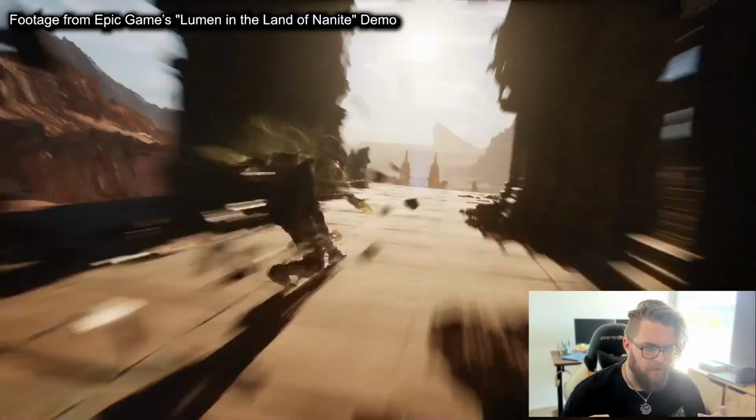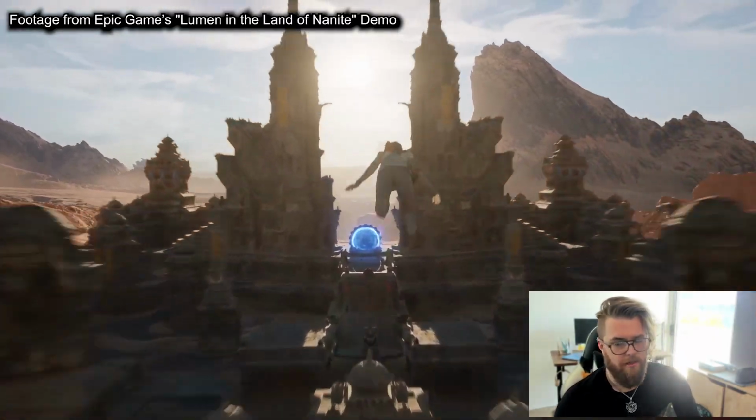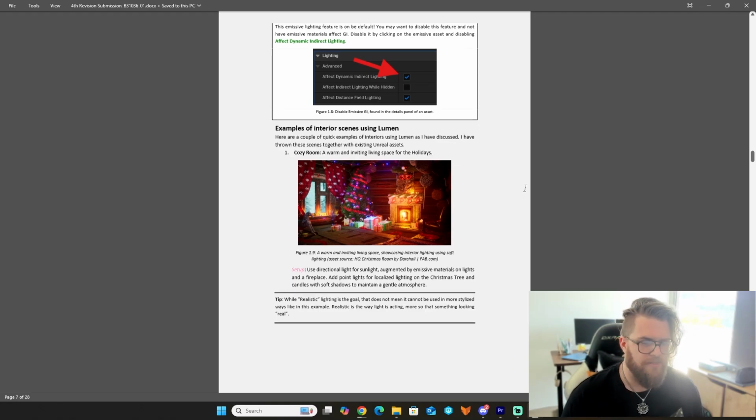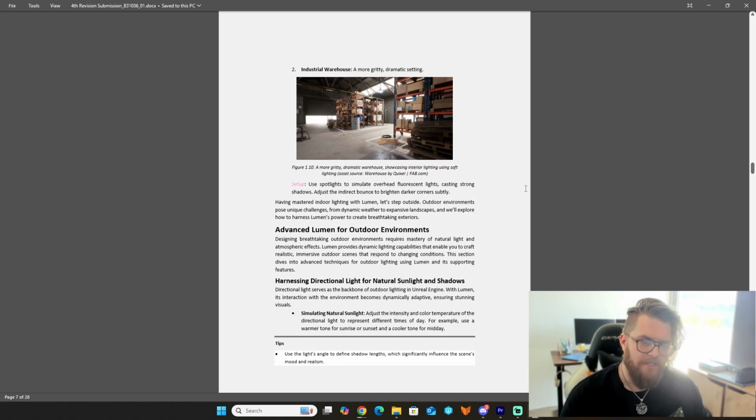It really drives home why the system is such an awesome leap forward, especially for us as lighting artists, but game devs in general. So in this chapter, there are a few sections that I'm especially proud of. First, the indoor lighting techniques I talk about. Lumen thrives in enclosed spaces where light gets to bounce around and fill those hidden corners. I like to show how you can blend natural sunlight through a window with artificial lights like lamps or overhead